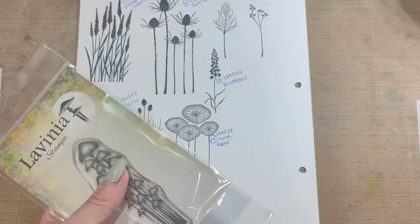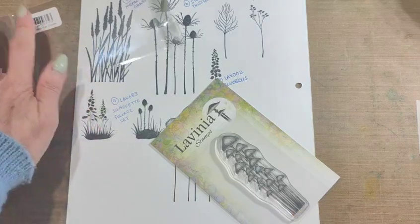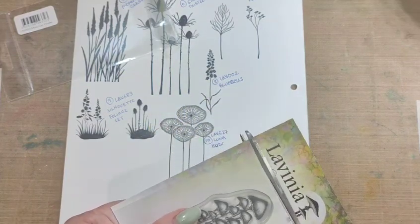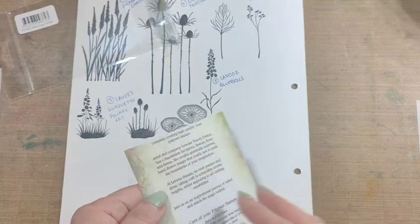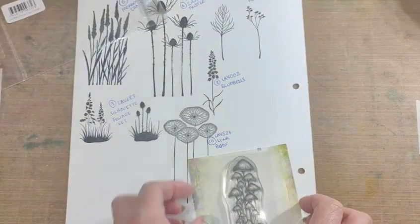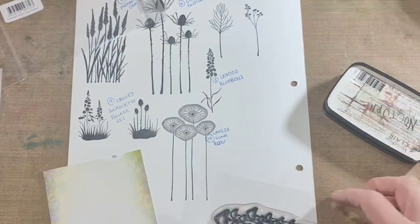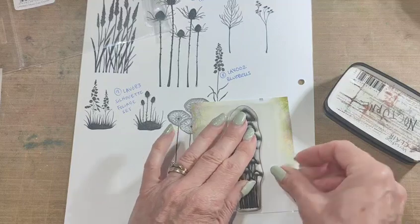So this stamp here. Now what I do is I take it out of its package, sorry if there's any glare, and turn it over so I can see what it's called. Because I need to fit it into the CD case, I tend to just trim that off the back like so. Because there is nothing to say what it is on this packaging, it's actually on the acetate itself. So what I do is I tend to just keep it on this. I don't need to transfer it to a block because it's just doing a rough image. And first of all I stamp it on here